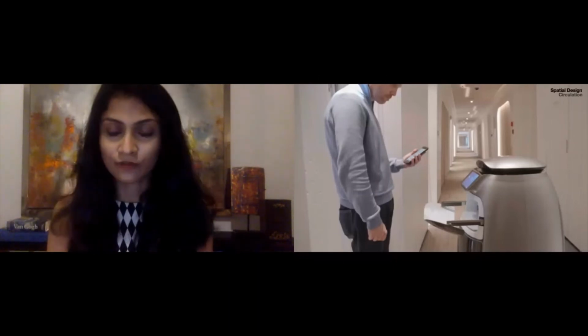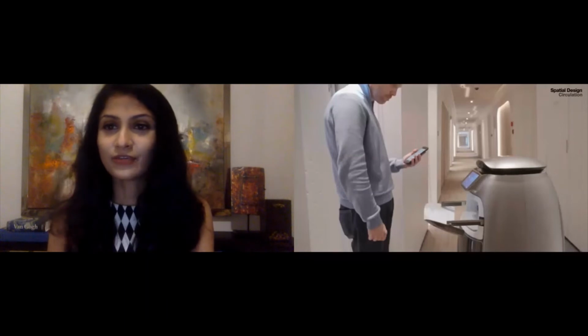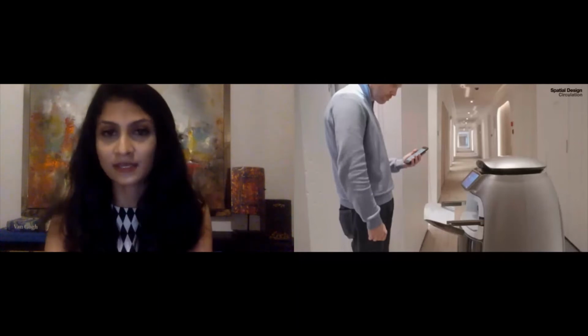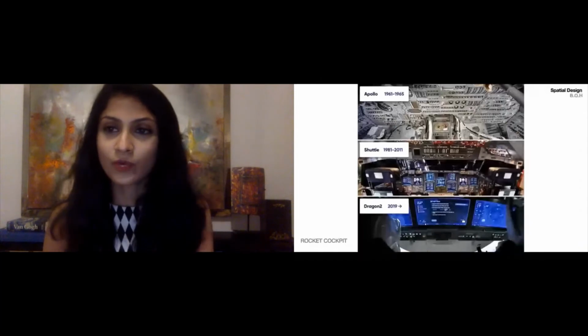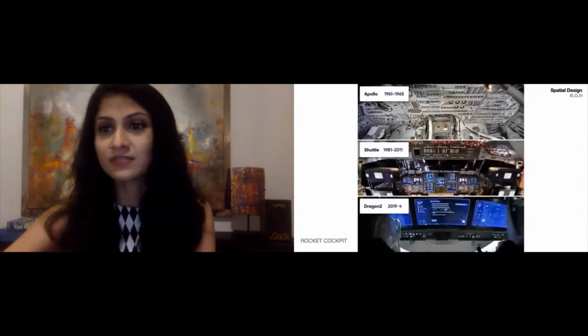Let's look at how far complex situations have evolved over the years. What you're looking at now is a cockpit of a spacecraft, and you can see things have dramatically evolved from the Apollo to the Dragon 2. And with increased AI and automation, this obviously places a lot of emphasis on the control centers, which is an essential part of hotels like the back of house areas, where we could see them in a more streamlined and sophisticated manner, reducing space allocated to them.